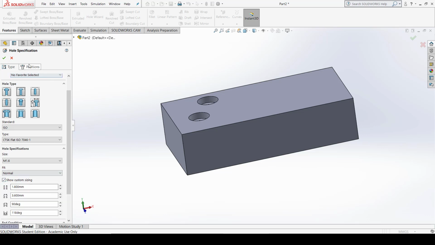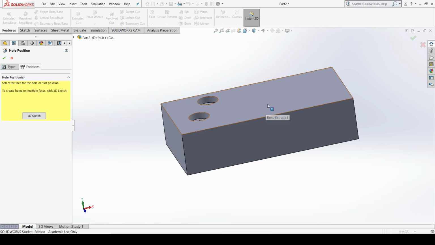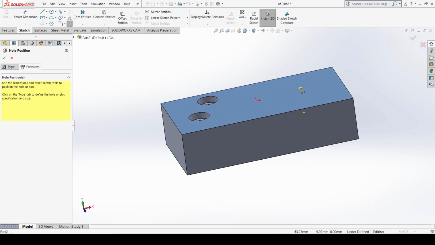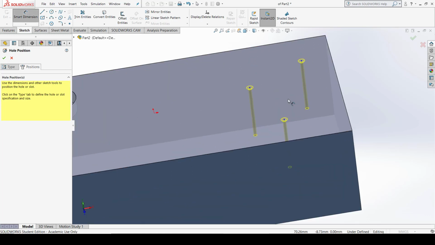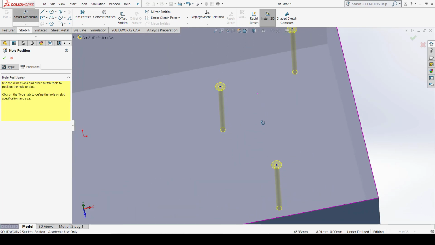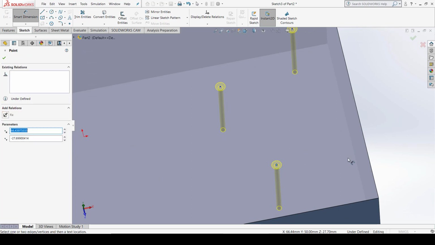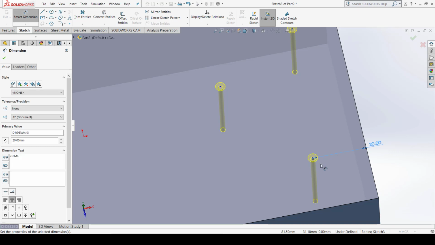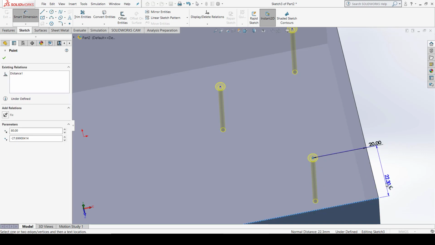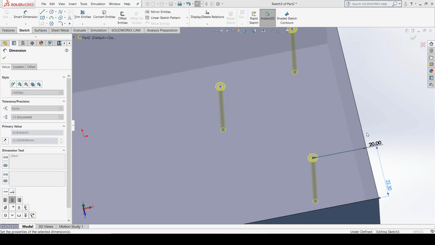Before that, I have to go to the position. Now I have to define the hole first. See, my hole is created right now here. Escape to end the positioning of the hole command, and now I have to give the dimensions to the hole. I select this blue center of the hole and the edge, let us say it should be 20, and from this edge it should be around 25.